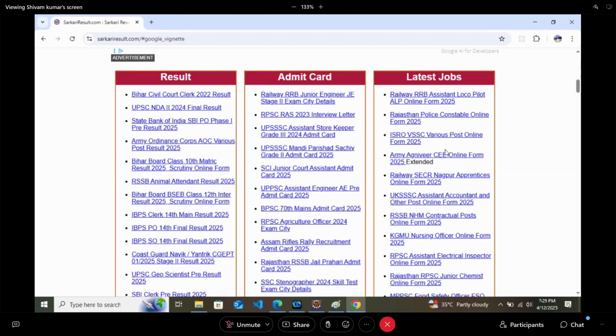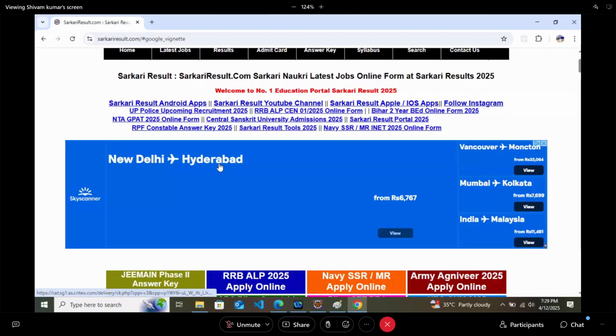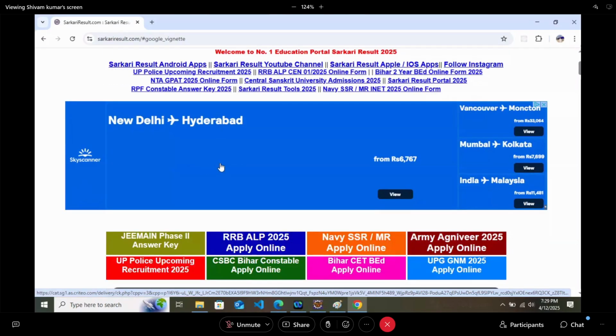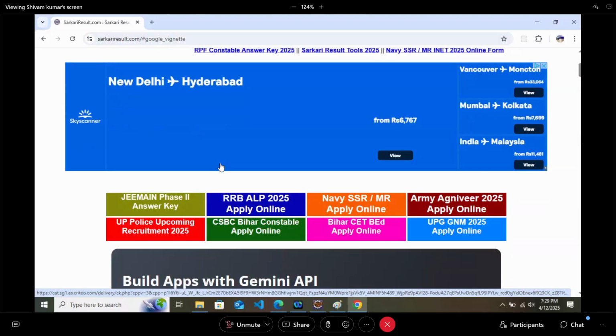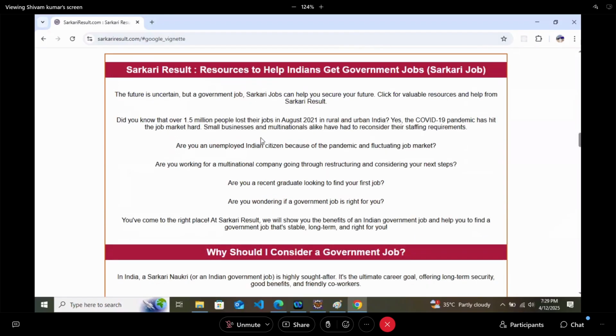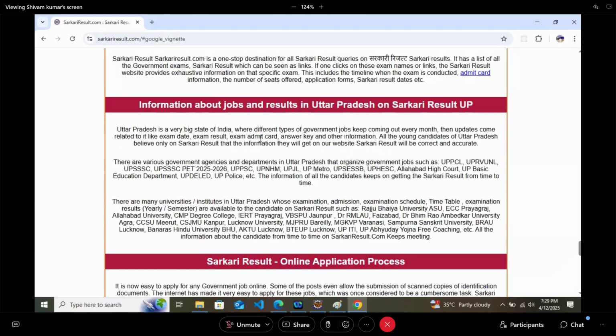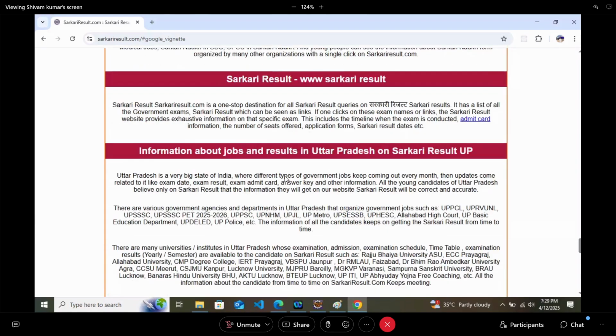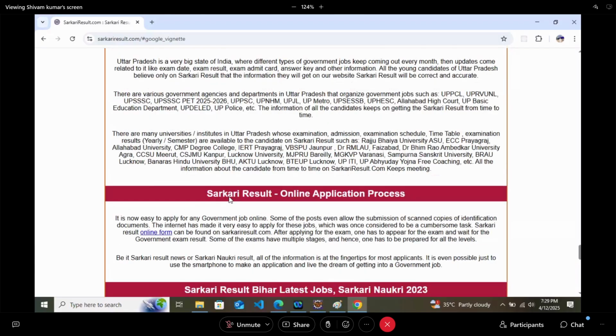Now you can see New Delhi to Hyderabad, and an ad is coming. Here one ad is coming. If you scroll down, you will see more ads. You refresh it again, you will get ads.